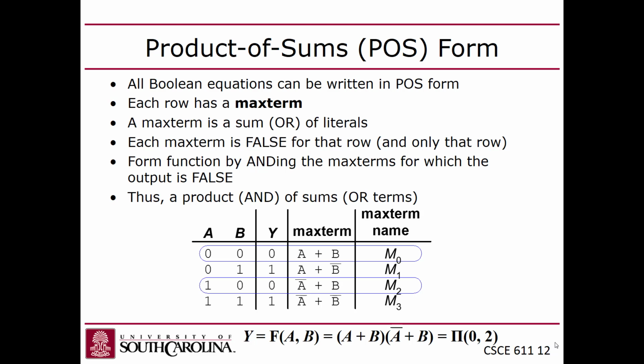So you start out with A, not B, or A and not B, right? That's because you're looking for these combinations of states that give you a 0, right? But then, because you're doing that for the 0 rows, you have to negate the whole expression, in which case, because of De Morgan's law, these, well,